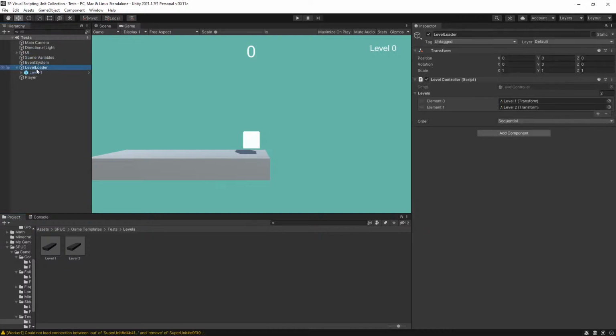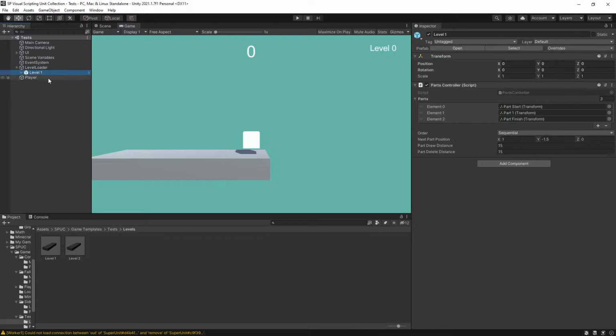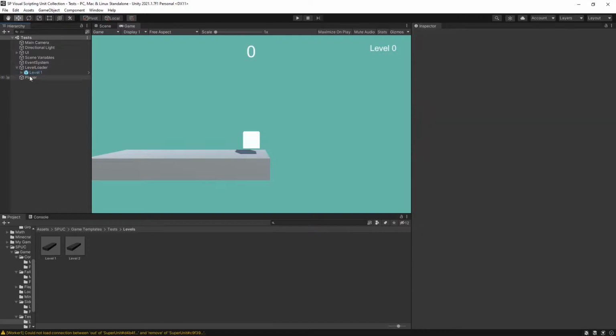One more thing. Right here, you can see that I have a level loader, and inside I have a level 1. Whenever the game starts, it's actually going to remove this level 1. The level loader will clear out everything inside it. The reason I did that is so that when you're working on the level, you don't have to delete the level to actually